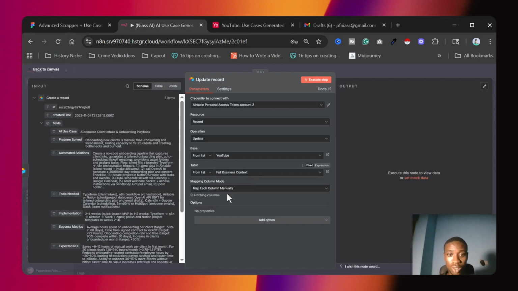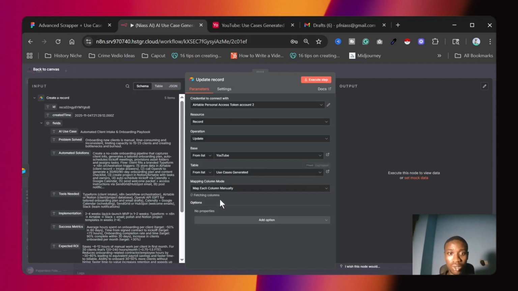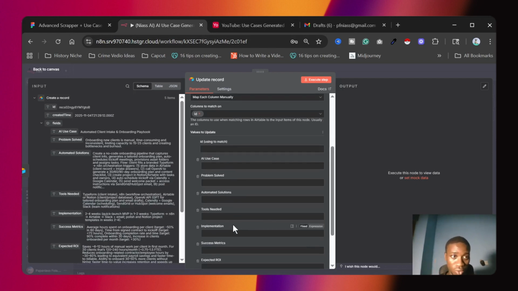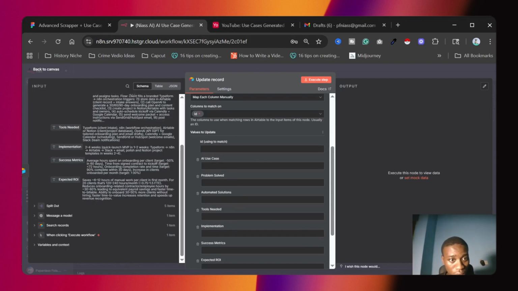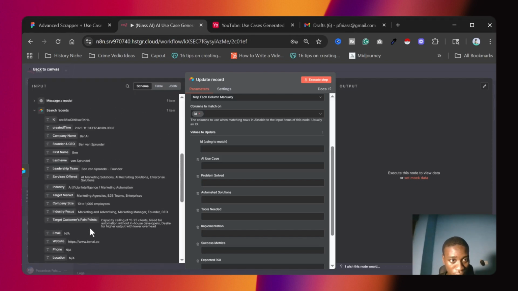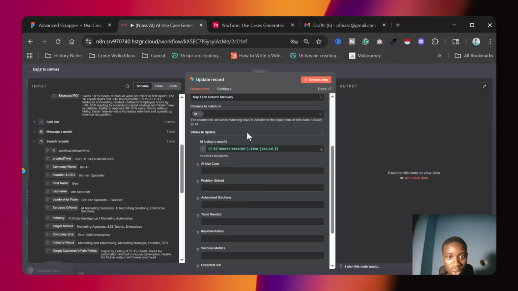For business context, use case generated. I don't need all this stuff. All I need is just this ID that we use to fetch the first registration information. I'll put this ID here. That's all I need.